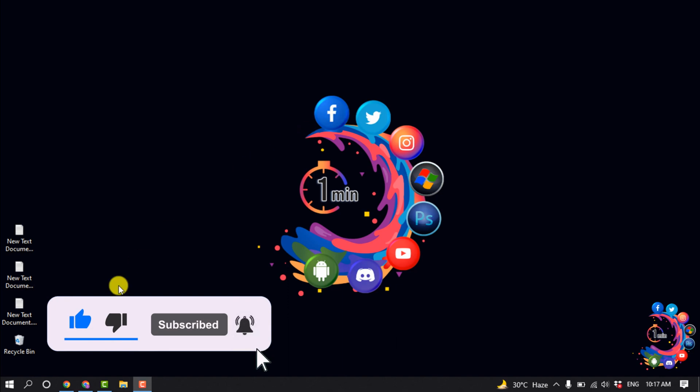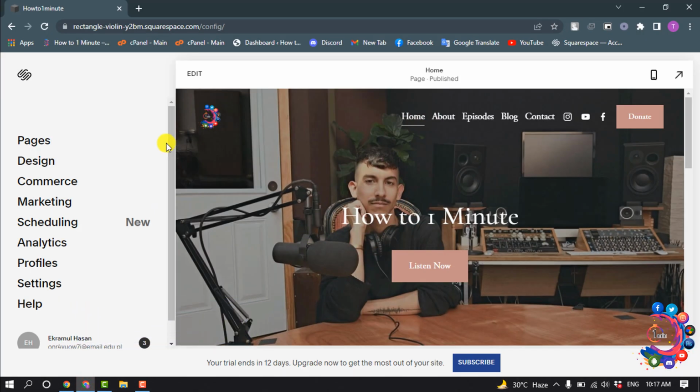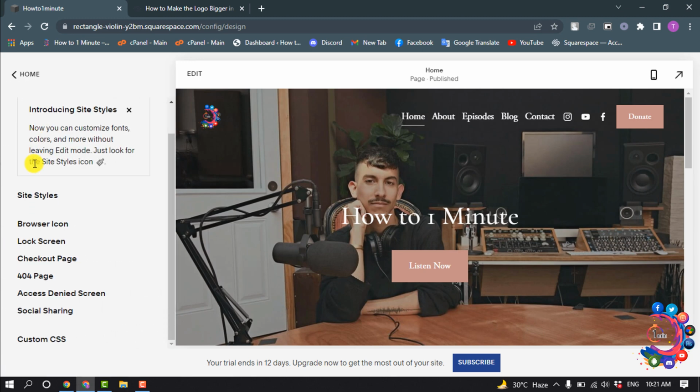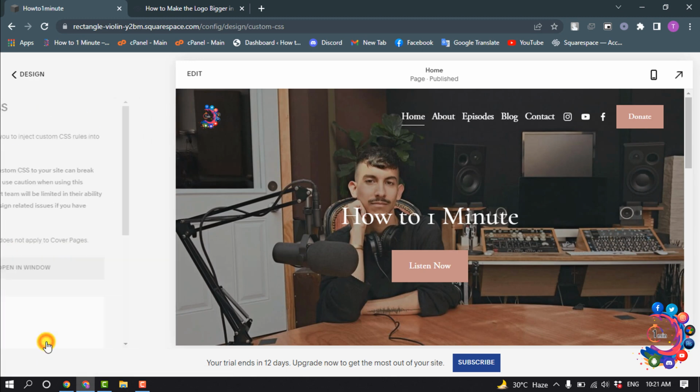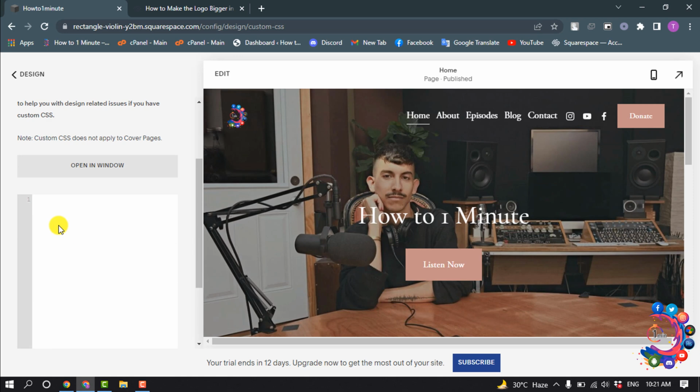In your main menu, go to design and select custom CSS, and now here you will need to put some CSS code. Simply first of all type here a dot, type here header hyphen title hyphen logo and give a space and type image,